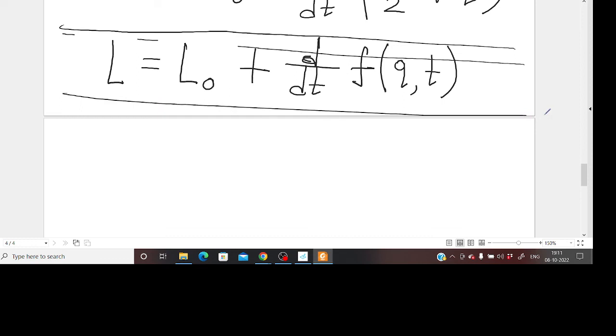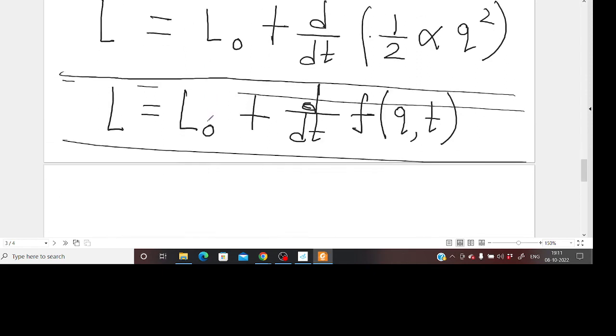Today we are already running out of time. So next day, if we have some time, then I will show whether this is really satisfying the same Euler-Lagrange equation or not, or the equation of motion remains same under this transformation or not. Okay, this actually happens if the Lagrangian is modified by total time derivative of a function of generalized coordinate and time, then the equation of motion or the Euler-Lagrange equation remains same. Okay,